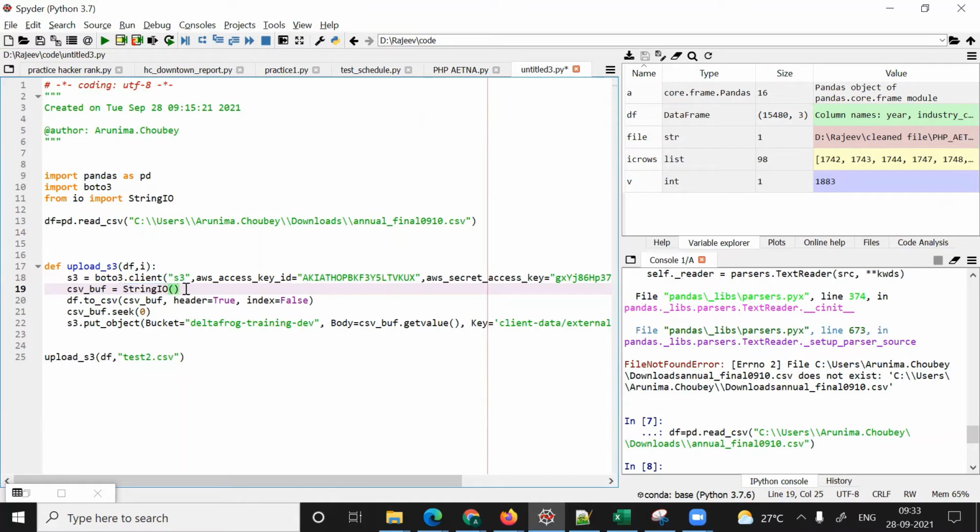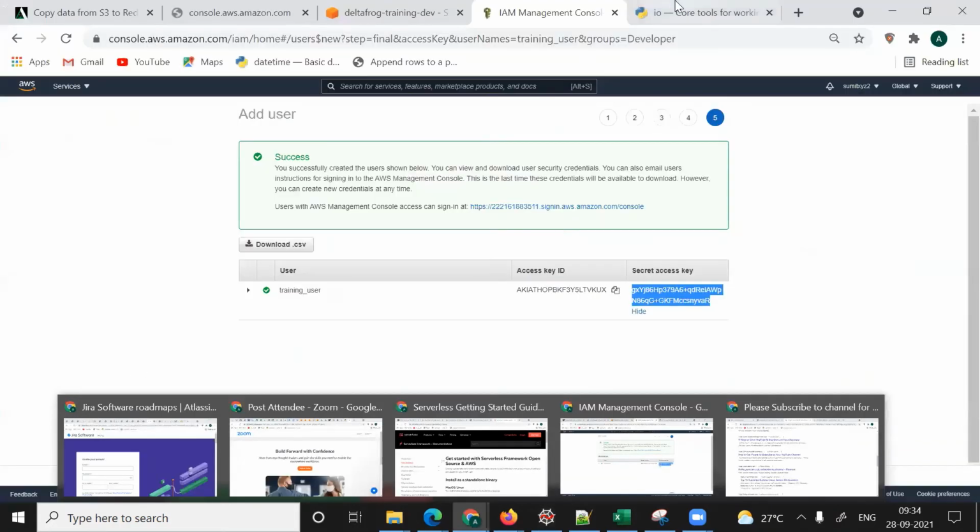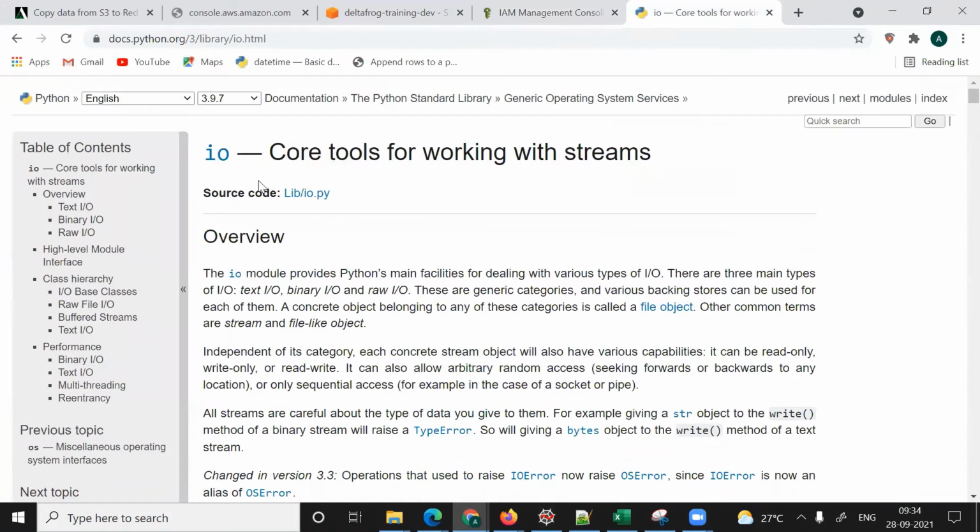If you want to read it, you can use this. The stream data package is IO. Inside that there are text streams, binary streams, and so on, and I'm using a text stream. I will put the link, and you will get more detail on what text, binary and raw are. So I'm using text here.